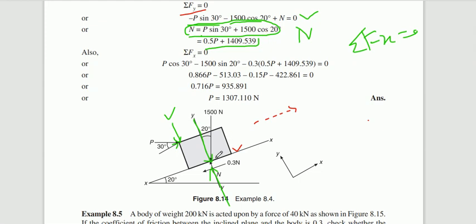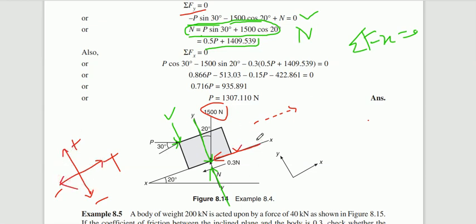That is the horizontal component of this force, that is 1500. The horizontal component is 1500 sin 20. So it is in the negative direction. Same, positive, positive, negative, negative. So this is the sign convention we are following. Here some variation is there in textbooks, but you have to follow the same, there is no problem.